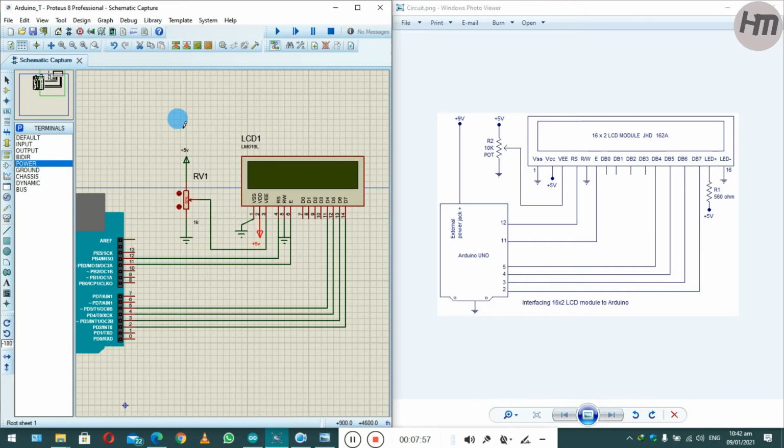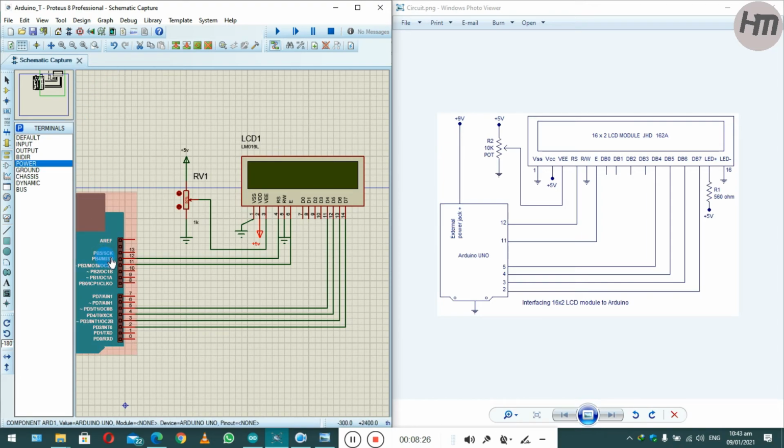If you are implementing on hardware, you will do the same circuit as you are seeing in the Proteus. The same pot, the same grounding, and the same power supply for the LCD. On the real LCD, you will have 2 extra pins, that is anode and cathode. You will need to connect the anode, the positive end of the LCD, with the 5 volts, and the cathode K with the ground, so the LCD will light up.